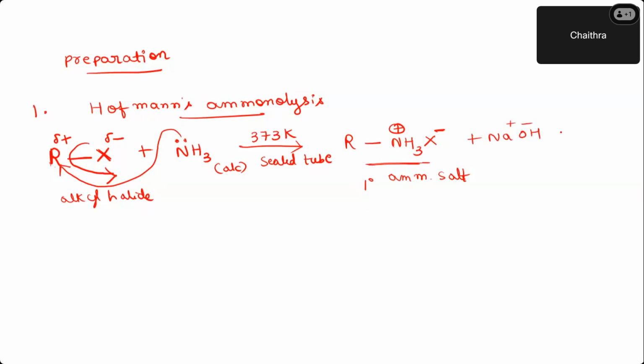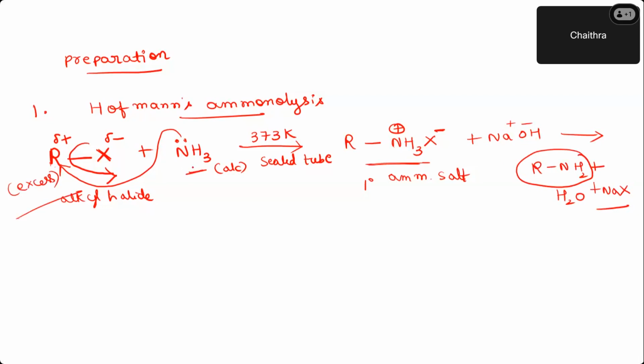Now, nitrogen has a positive charge, so deprotonation happens. You get RNH2, plus H plus comes out to neutralize that positive charge. That bonded pair of electrons will take H plus, and OH minus goes out as water, and Na and X will liberate as NaX. So what is this? You got a primary amine. But the speciality of this reaction is that you take alkyl halide in excess. The reaction continuously happens till all the hydrogens are replaced.